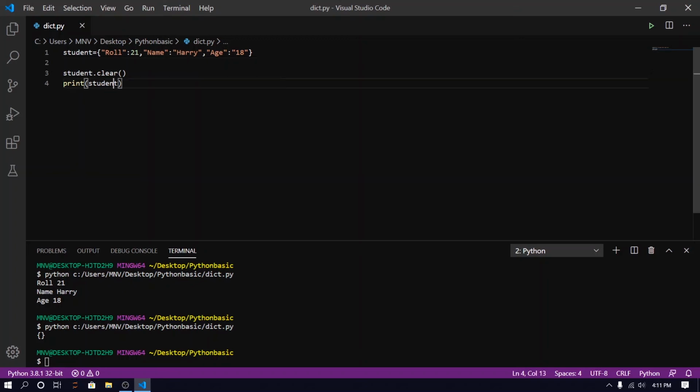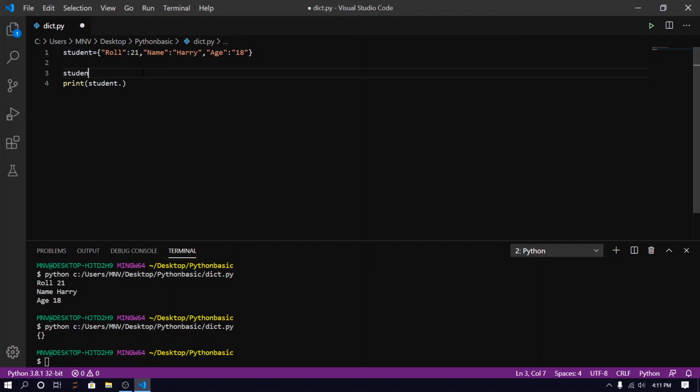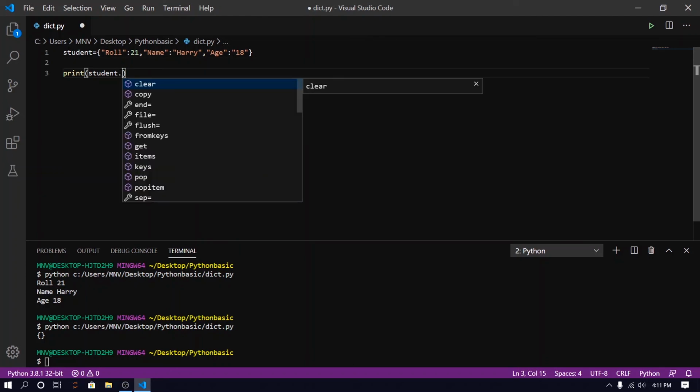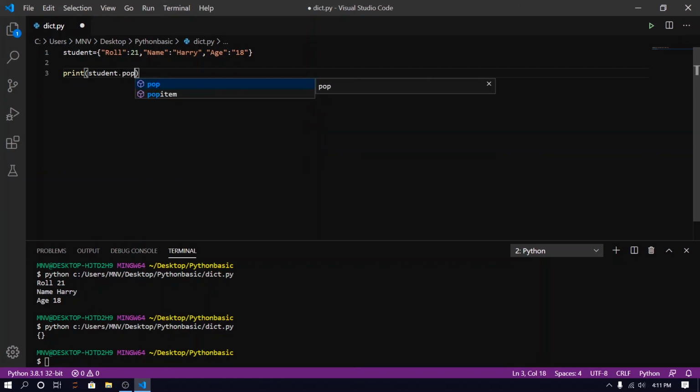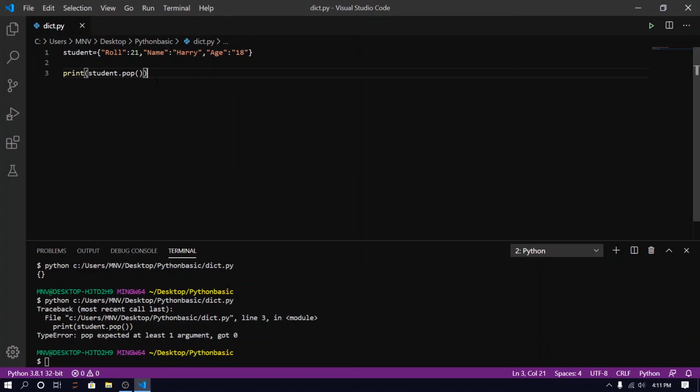We have lots of methods: clear, copy, fromkeys, get, items, pop. Whenever we want to delete any item, we can use the pop method. It will delete the last element. Okay, I made one mistake.